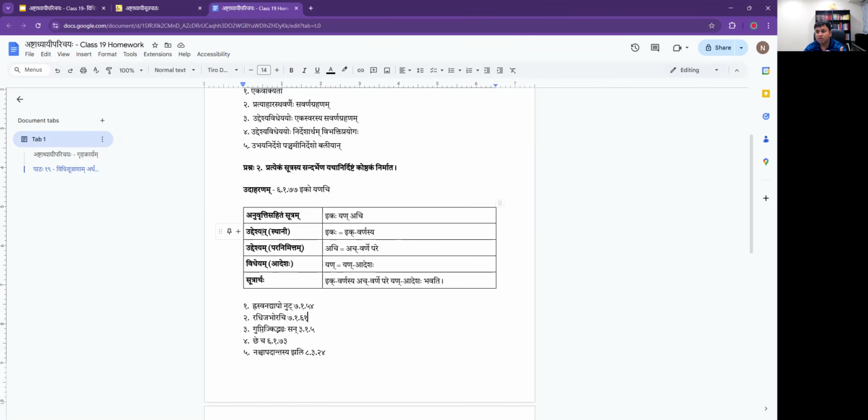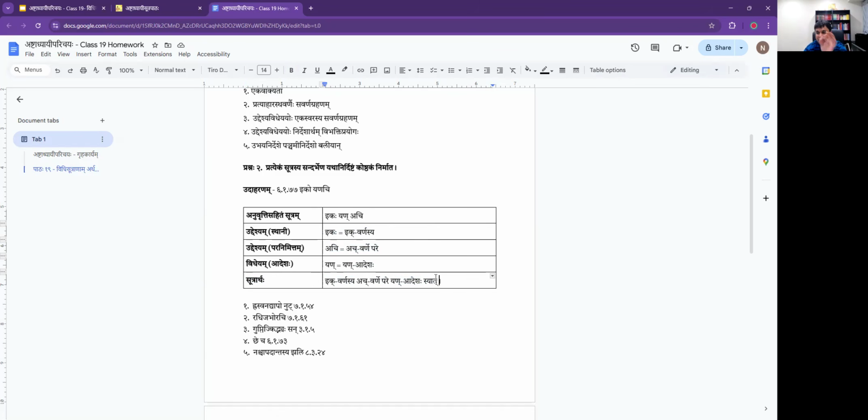So anuvritti sahitam sutram, uddesham, sthani, paranimittam, purvanimittam, vidheyam, adesha, agama, lopa, and so on. And the sutrartha using what you learned today, not what is on the website. Purely using what you learned today. Shashti means sthane, panchami means tasmat parasya. So see this sutrartha. Ikvarnasya. So ikaha will become ikvarnasya. Achvarne pare. So achi means achvarne pare. Yan adeshaha. And instead of bhavati, you can say syat. So ikvarnasya achvarne pare yan adeshaha syat.